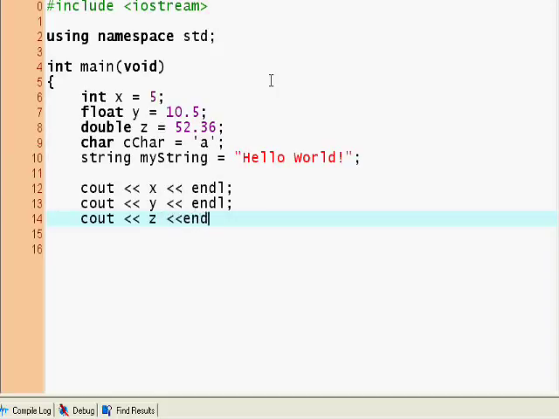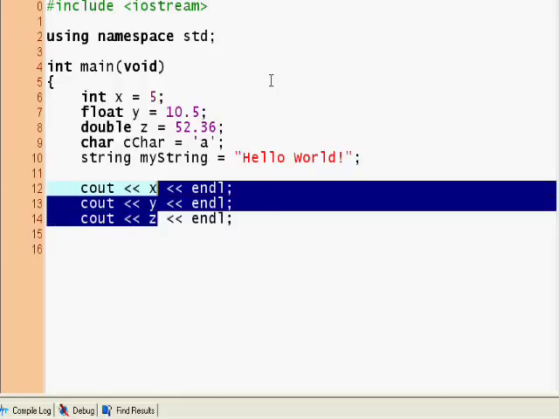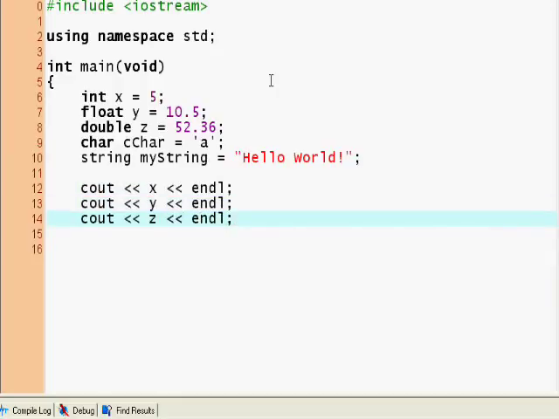So when you cout variables, you don't put quotes around it because it's a variable. And if you come from PHP, you don't put the dollar sign in front of your variables. You remember in PHP you have var1, var2, whatever. You don't put that dollar sign. And in C# you also put it, it's a scope resolution operator actually in C#. So no, you don't do that here. So cout char endl and cout my string